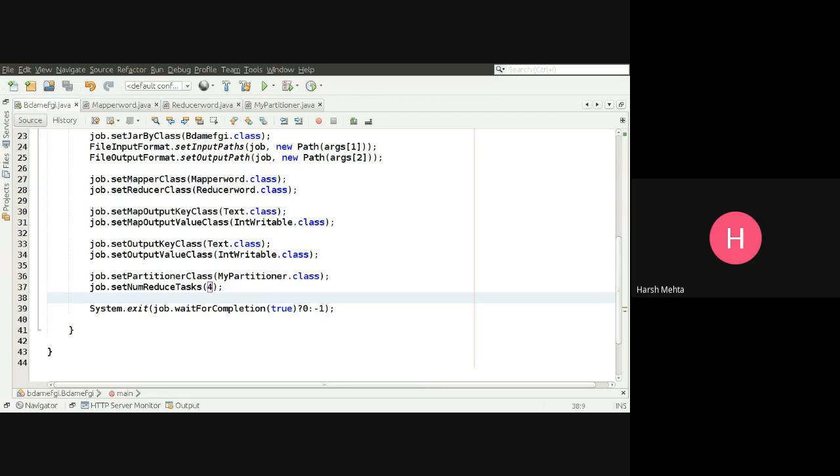Let's see how this partition works. I first need to share. Okay, just hold on.